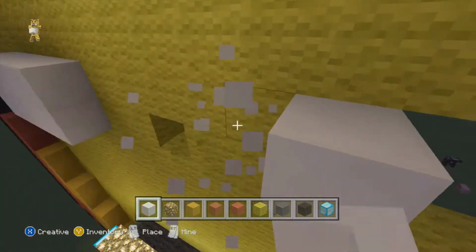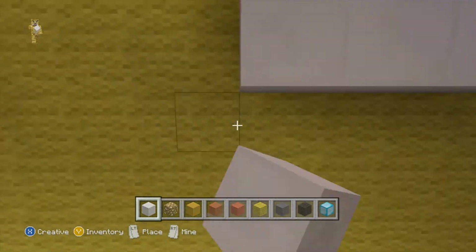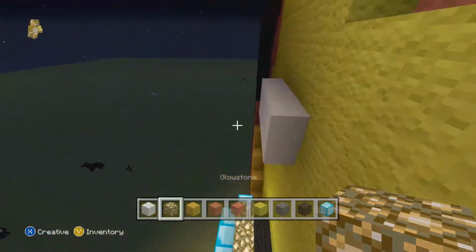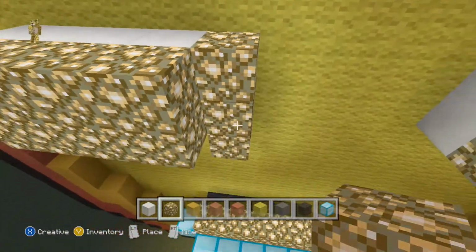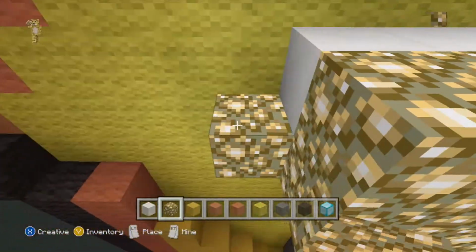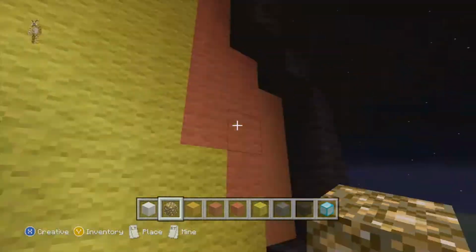This is the only time we use quartz in this build, so make the most of the quartz because it's the only time we're going to use it. Awesome. So behind here, we're going to put some glowstone as well. Again, this is because the pistons are going to come out and they're going to retract each one of these quartz. So we're going to put glowstone. Oh no, not there. We don't want glowstone there. We're just going to have it there on the sides as well as the back of the quartz block,